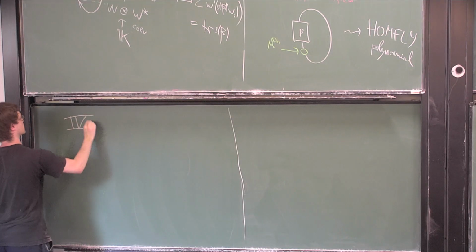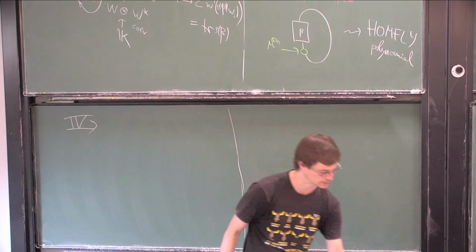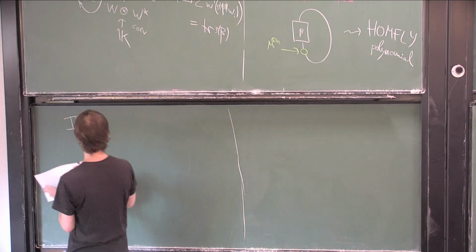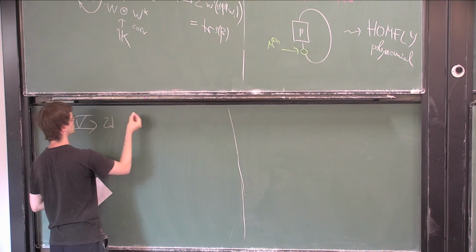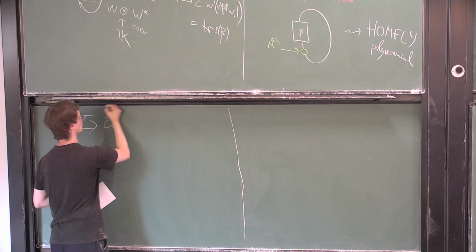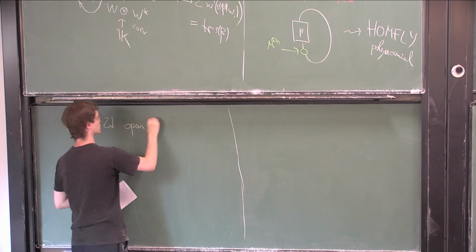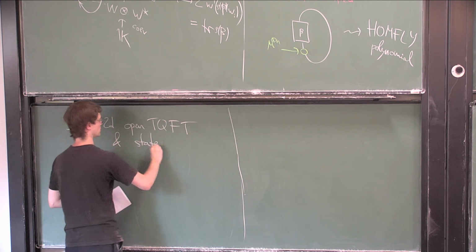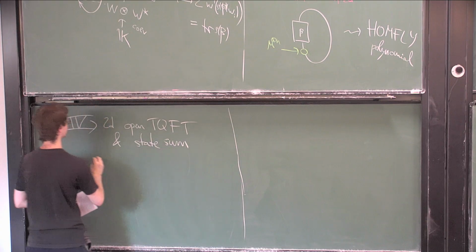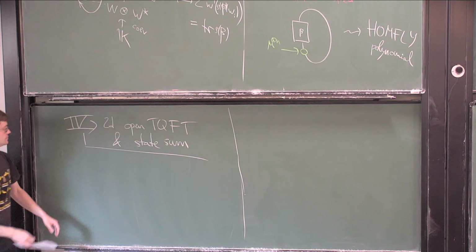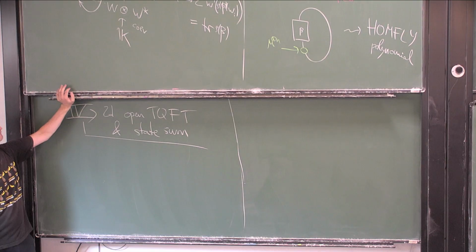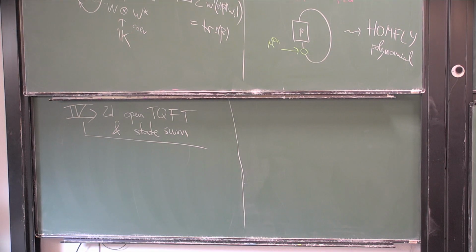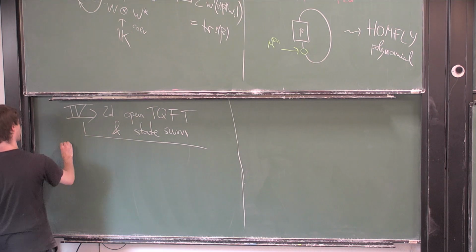Part 4, so it's another kind of application, generalization. It's like a 2D open TQFT and state sums. So that's a little bit of the idea from physics, from statistical physics. Yeah, we can really forget about all these links, braids, and stuff in another setting. So let's come back